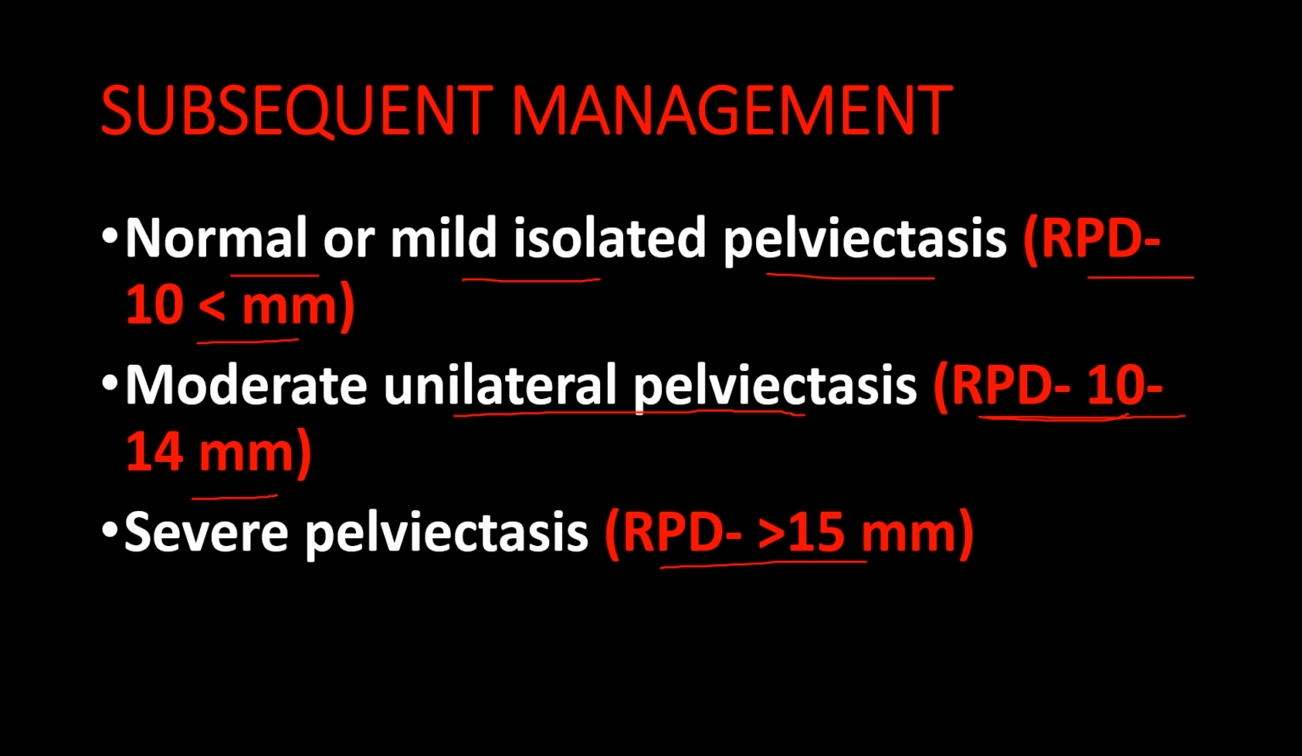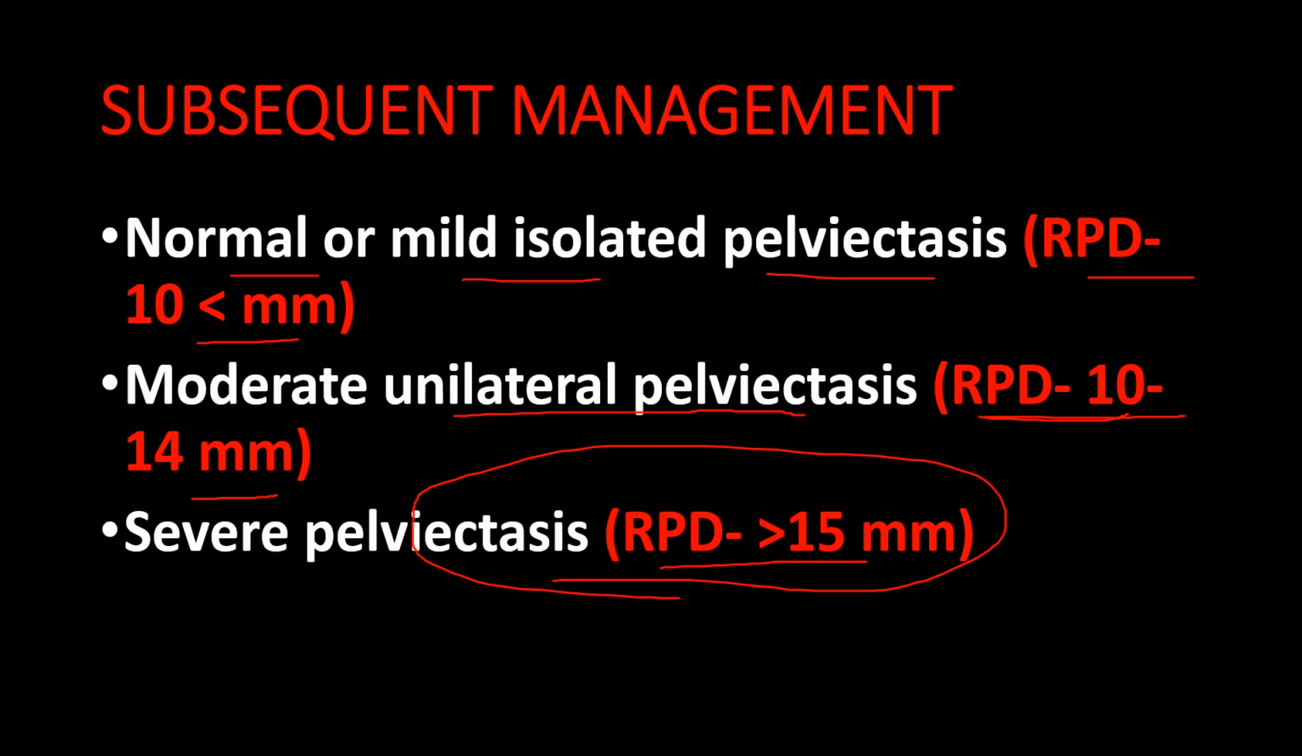Repeat ultrasound scan at 3 to 6 months depending on the cause of dilatation. A complete obstruction requires close monitoring. Okay, and at this stage they need continuous prophylactic antibiotics. So these are the three